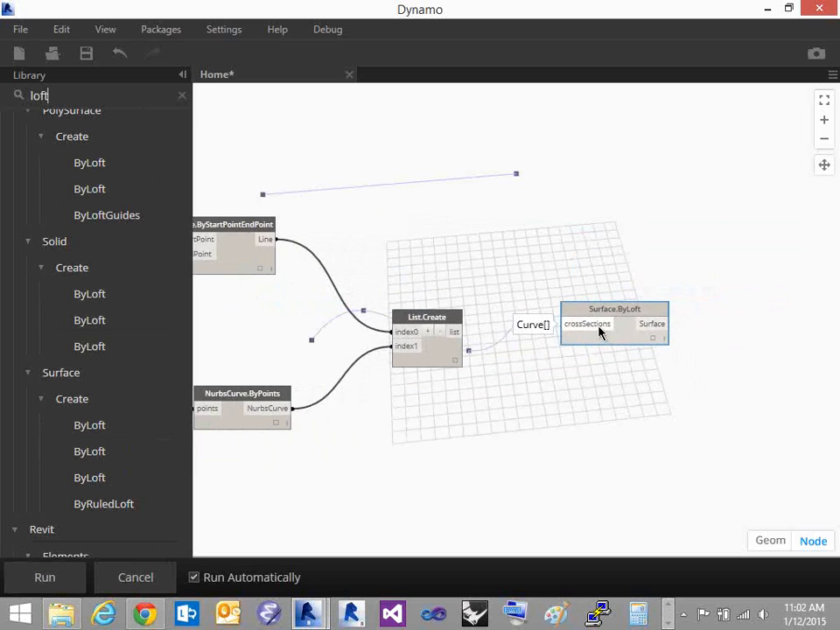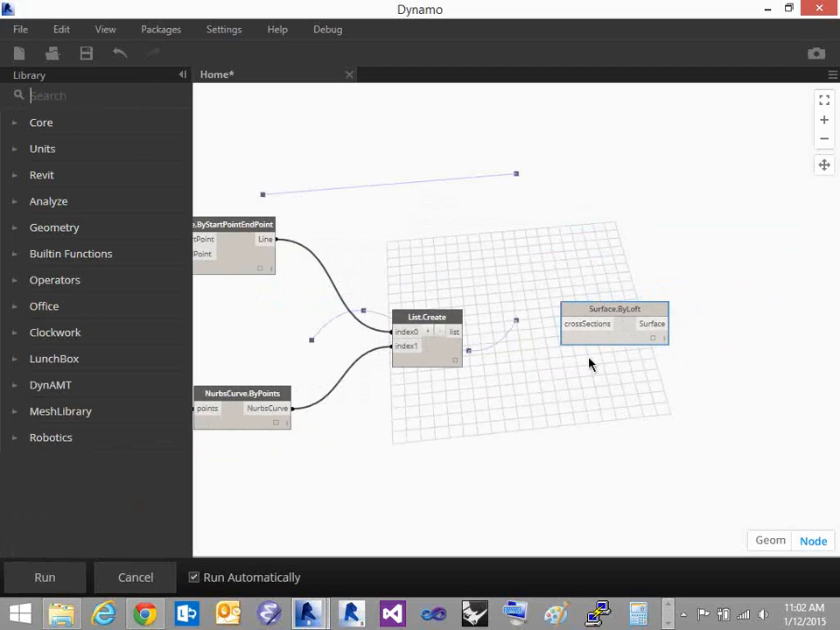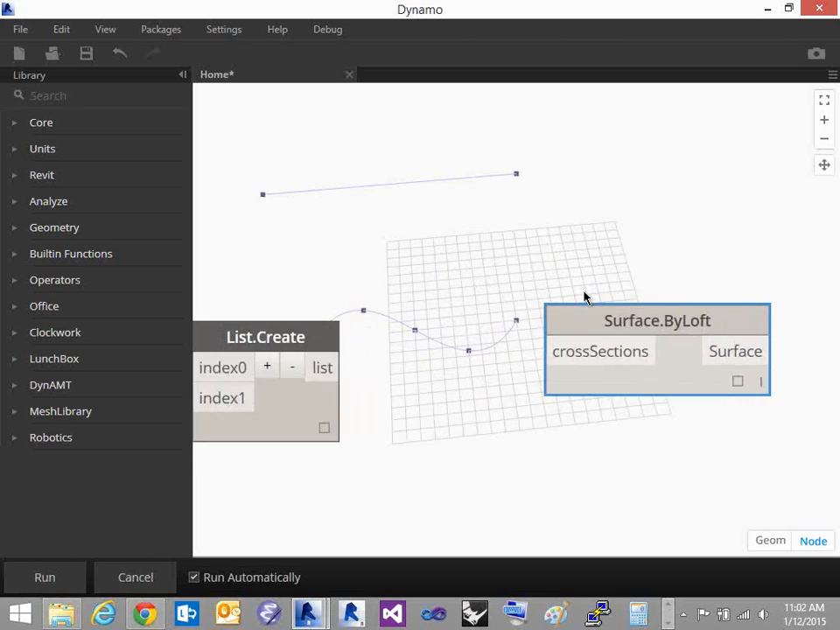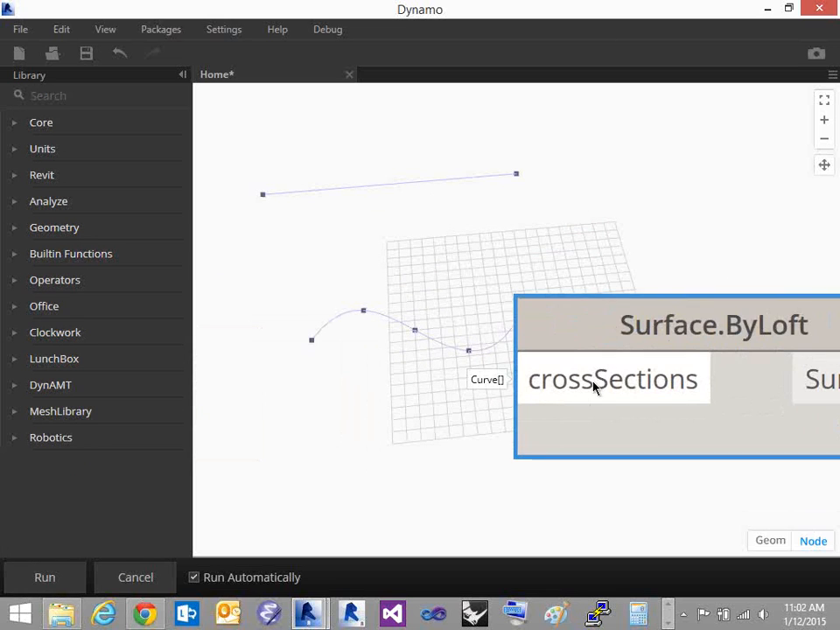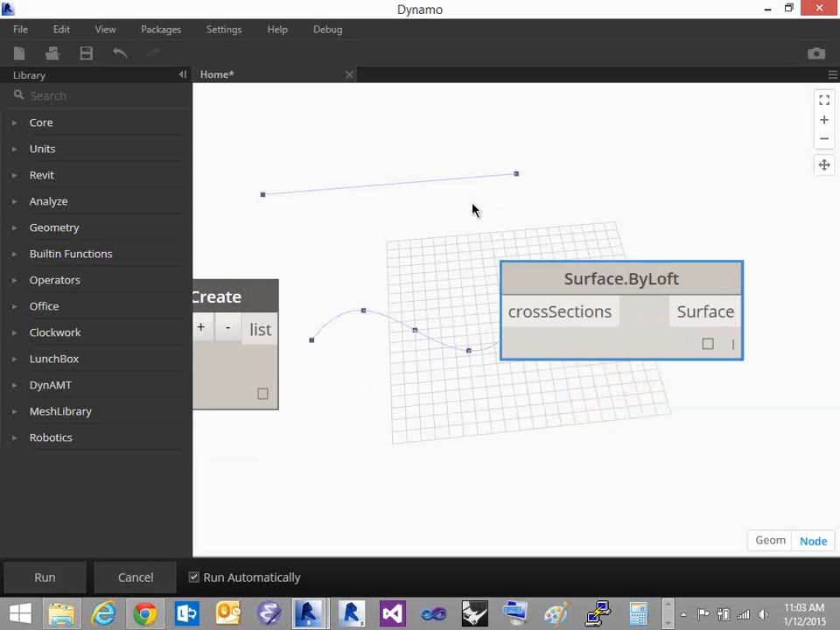This is going to be very similar to an example Colin showed, but I want to make sure everyone has the basics of Dynamo down. We can see that if we hover over Surface.ByLoft, it takes a curve with open and close square brackets, which indicates that it's going to take a list of curves. And so that's why we have to